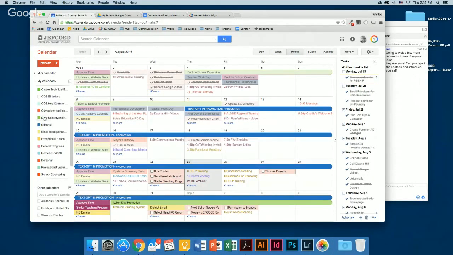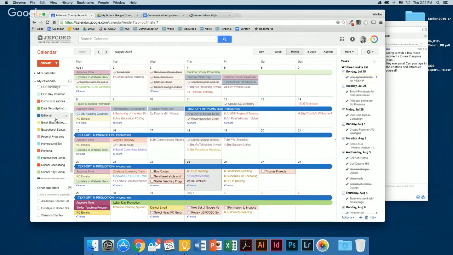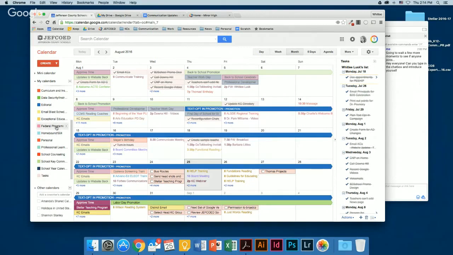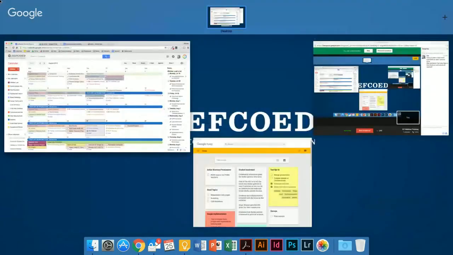But I've got a lot of calendar feeds showing, and we've shared all of this with principals, so that way, like federal programs has access to this particular calendar feed, and they can add their own information instead of one person doing it at the district level, which was how it was with the Outlook calendar.